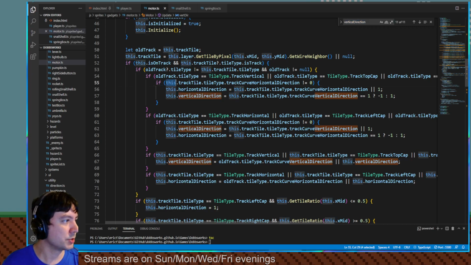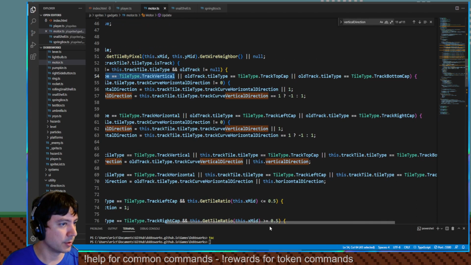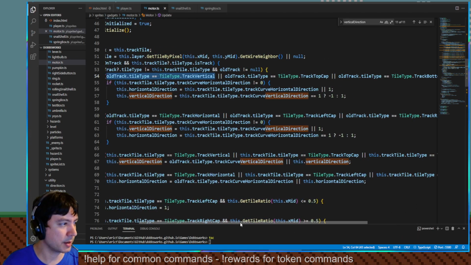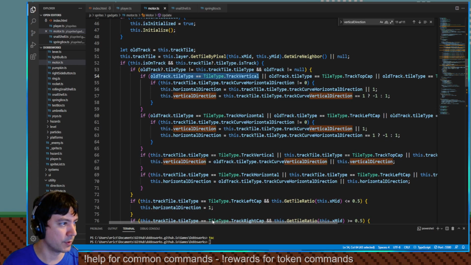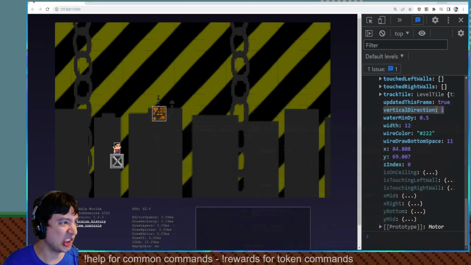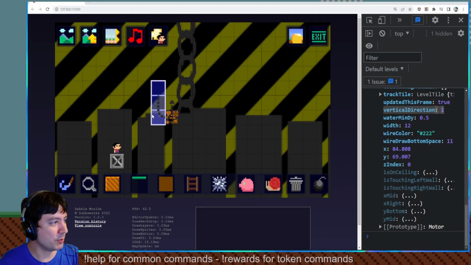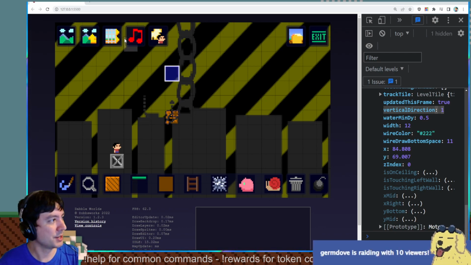It comes down to if old track type is a vertical or bottom cap or horizontal or vertical. So, I hope this isn't the case, but if I move this setup over to the left,